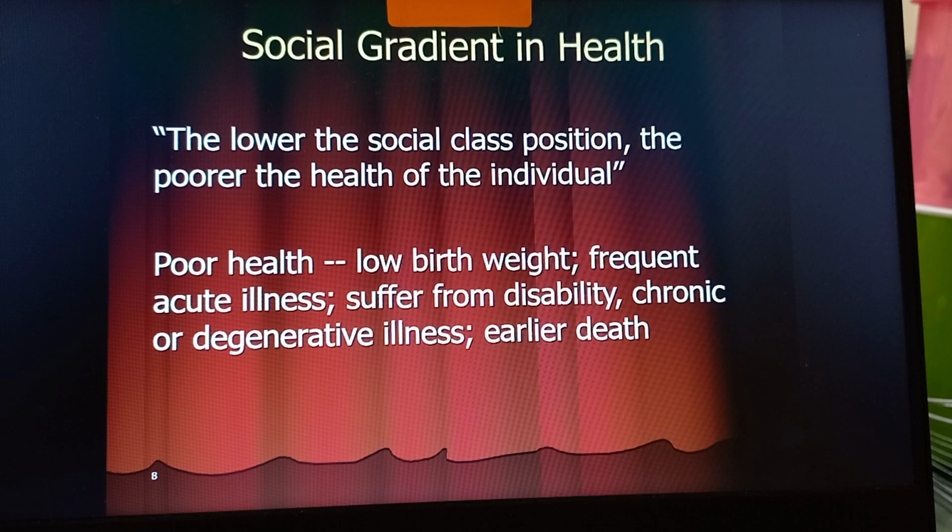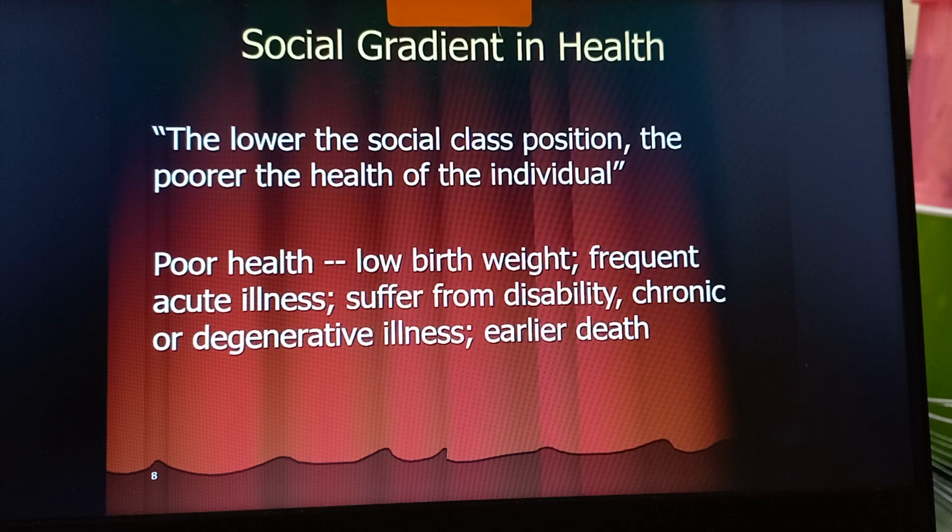Okay, this is the social gradient in health. This means that, quote, the lower the social class position, the poorer the health of the individual, unquote, right? Poor health is revealed in low birth weight of babies, right? Babies born with low birth weight, so higher risk of infant mortality, frequent acute illness,